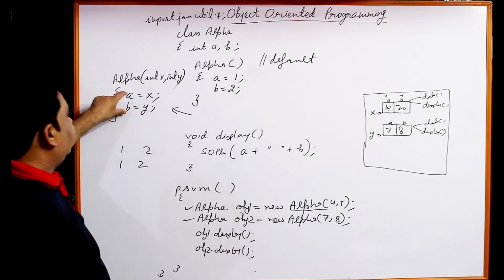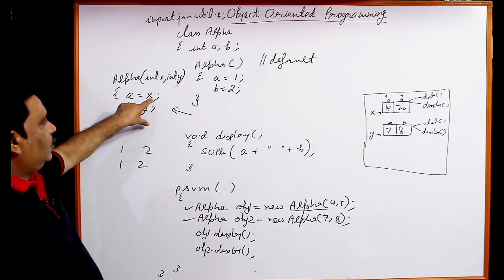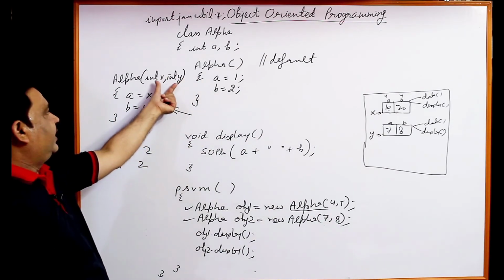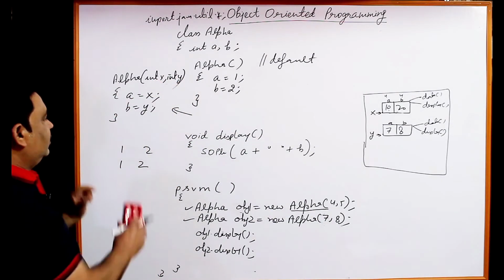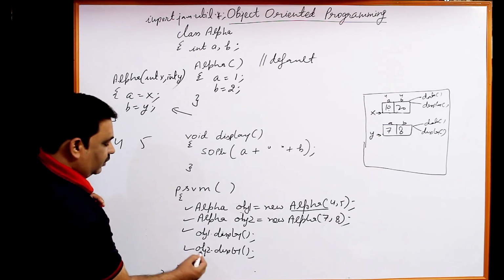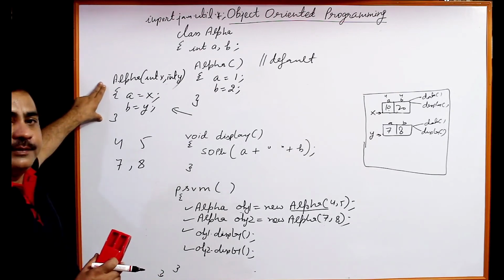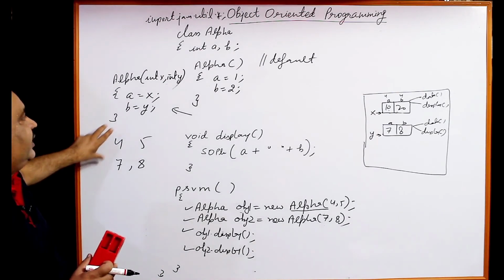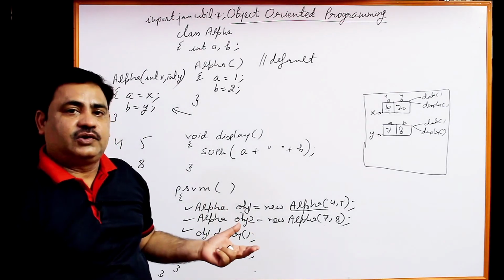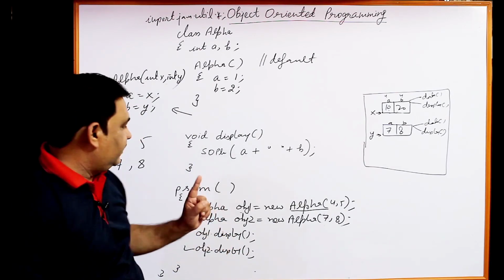Same way with this. So a and b will be initialized for object 1 with 4 and 5, a equal to 4, b equal to 5. Same way second time for object 2, 7 and 8, x and y will be 7 and 8, a equal to 7, b will be 8. So when you call the display function with object 1, it will print 4, 5. When you call with object 2, it will print 7 and 8. So you can create any number of parameterized constructors, but their parameters must be different. You can create any number of constructors in a class. This concept is called constructor overloading, but only one constructor will be invoked with one object.